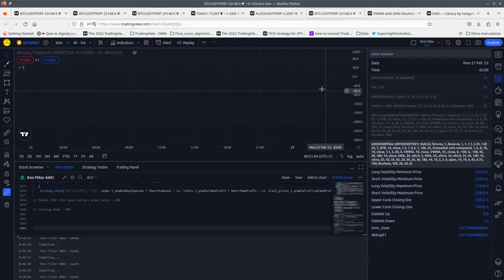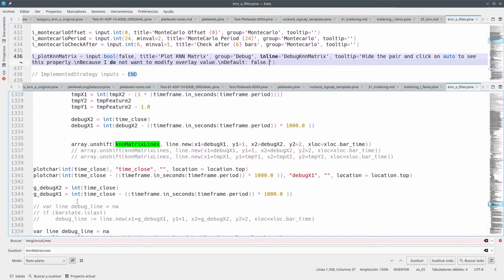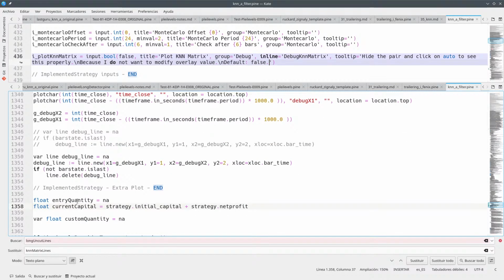We don't have anything here at 0. Nothing. We cannot find it because it's not there. However, if we plot this on every one of the candles, then it shows. So that's something that